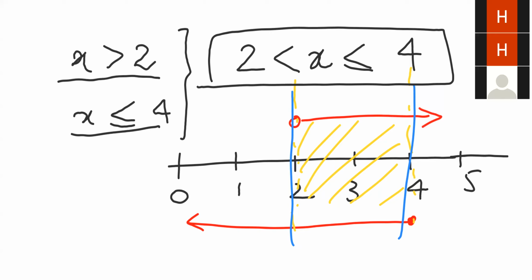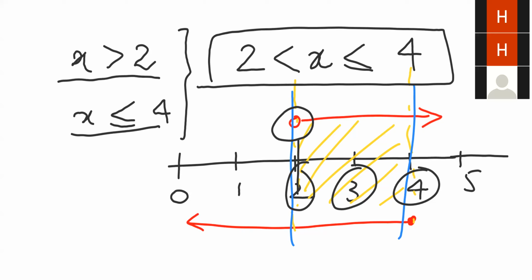Now our x lies between 2 and 4. However, it is not going to be 2 because it is greater than 2. And it can be 4 because it is less than and equal to 4. We know that through our number line. This hollow circle represents that the number on this particular circle is not part of your values. However, if it is a solid circle, it means that this particular value is included in your answer. So your final answer would become x is greater than 2 and less than and